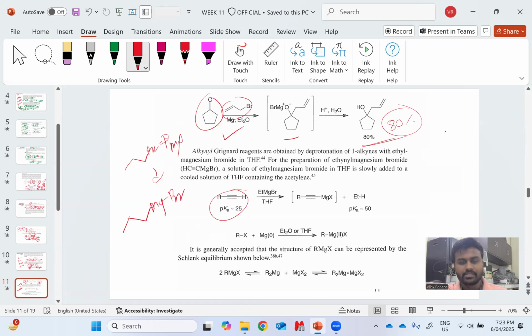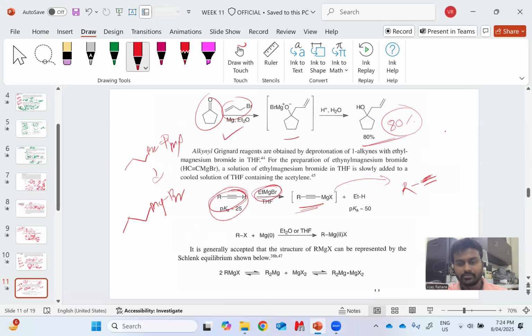And further, can we also prepare the Grignard from the alkyne? In that case, we don't really require an alkyl bromide. We can see here, if you just add the ethyl magnesium bromide, with the alkyne, you can get the alkynyl Grignard. So you can see, as seen earlier, from one organolithium we can prepare another organolithium reagent. Similar is the case with the Grignard reagent as well. So here there was ethyl magnesium bromide. This is also one of the Grignard reagents, and from this we have prepared another one,